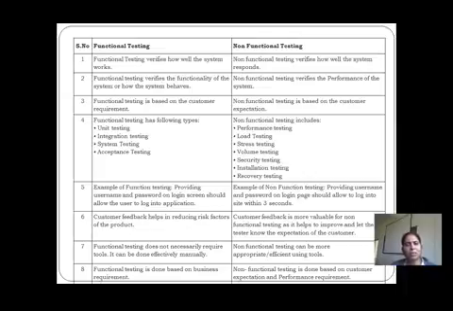Load testing is about whether the application is ready to take the load or not. Why? Because thousands of people may be trying to use that application simultaneously, so whether the application is going to bear that load or not must be found out. Volume testing means checking the size of an application, whether it fits with the particular hardware and software environment or not. Security testing means whether that particular application is secure or not. So that we also need to consider.